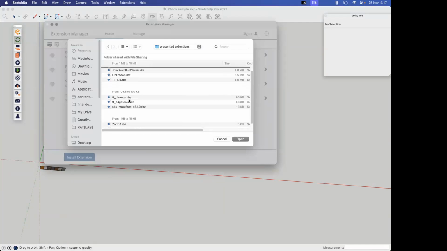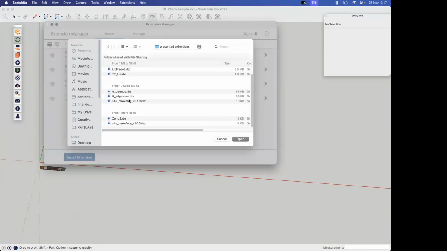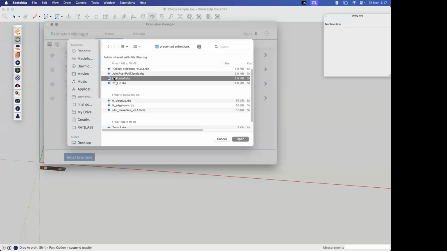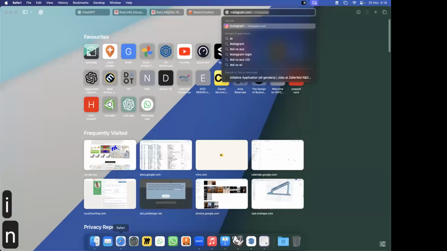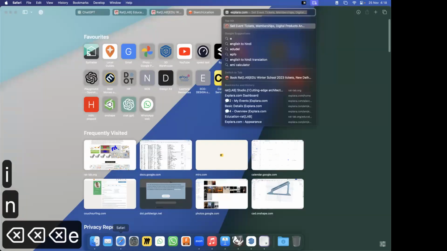So remember, for particular extensions, always use the library first. For example, you have the libfredo library, and then you have the TT library. So these are one of the main creators of the extensions. One of the reasons I'm installing this from the downloaded folder is because of how SketchUp works: they give you extensions via the website. And earlier, most of these extensions were free of charge. But